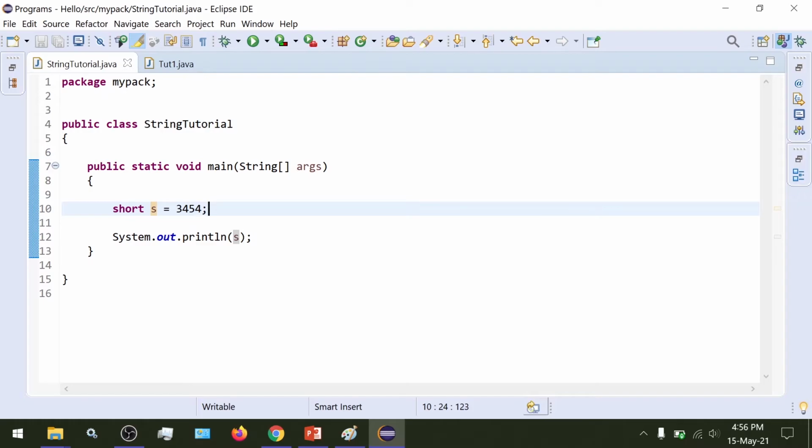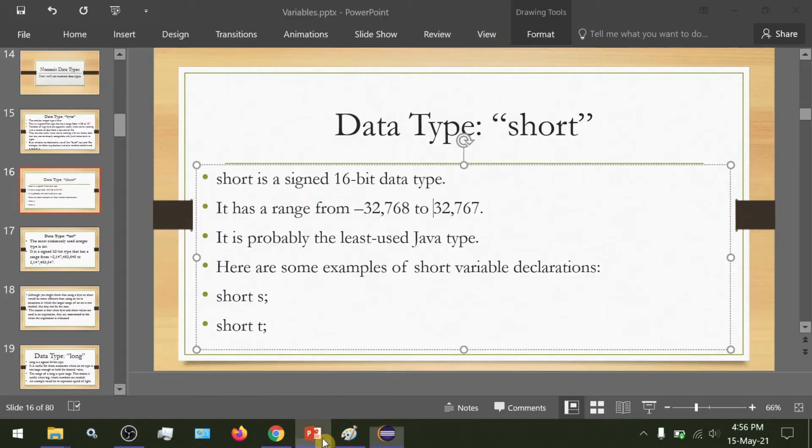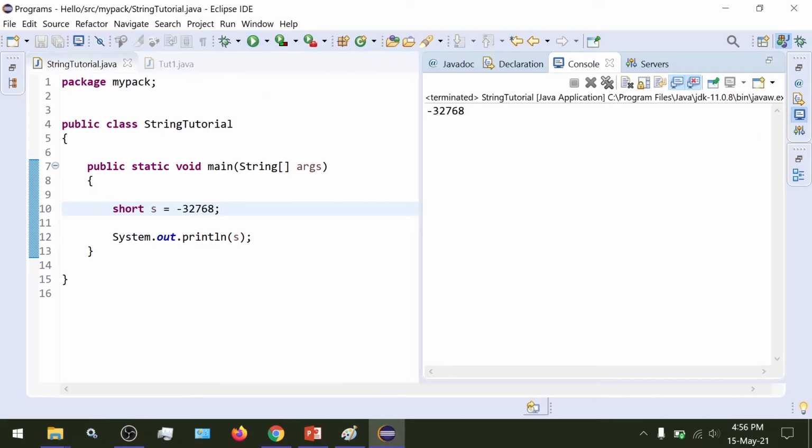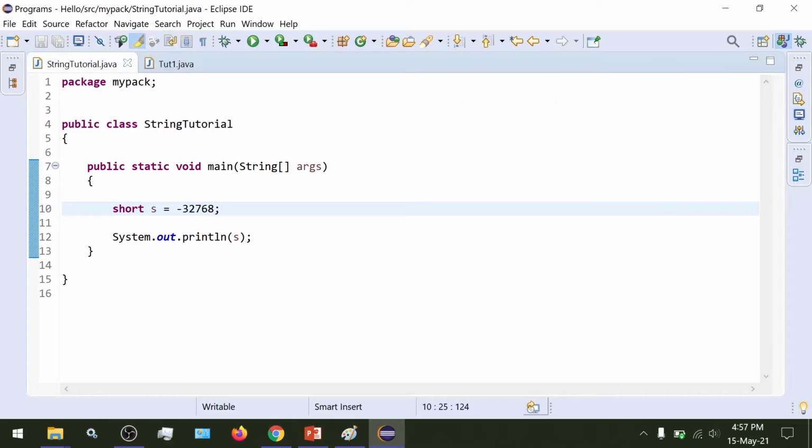So if I cross the given limit, and specify data as minus 32768, this is the last number that could be represented in the negative numbers. This number is acceptable under the type short, so the program works.